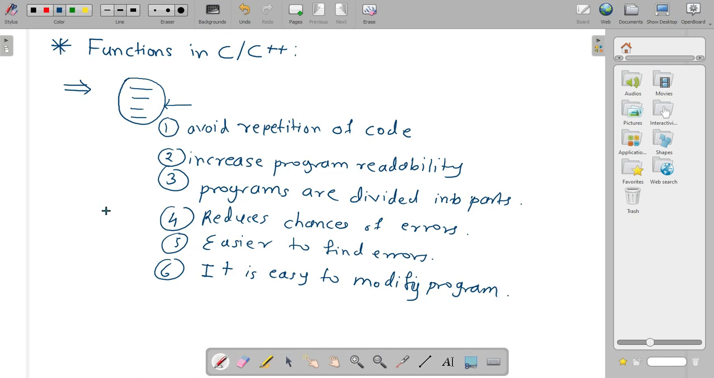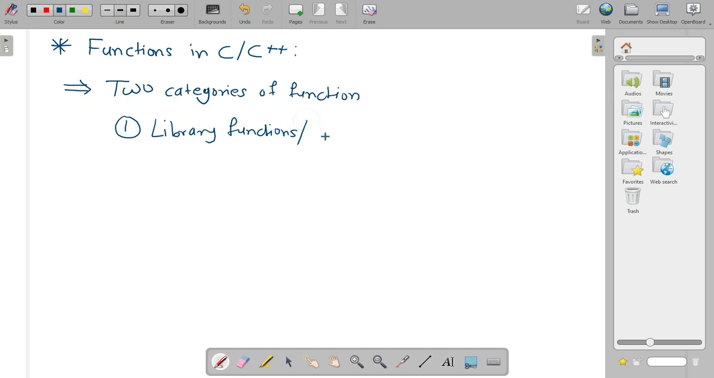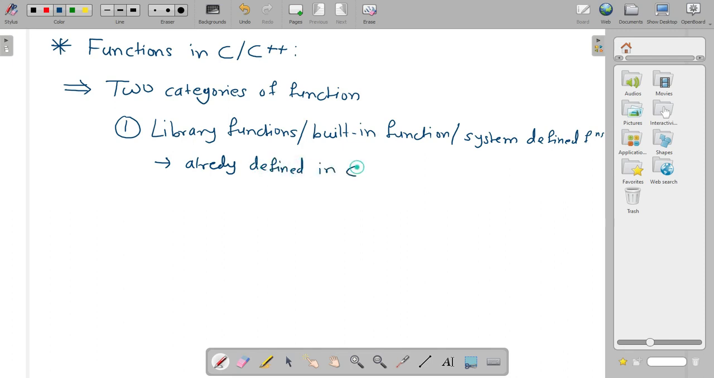In C or C++, there are two types of functions. Functions are classified into two categories. First category is library functions, also known as built-in functions or system defined functions. System defined functions are the functions which are already defined in the C library or C++ library. For example, the first point is very important: already defined. These functions are already defined in the C or C++